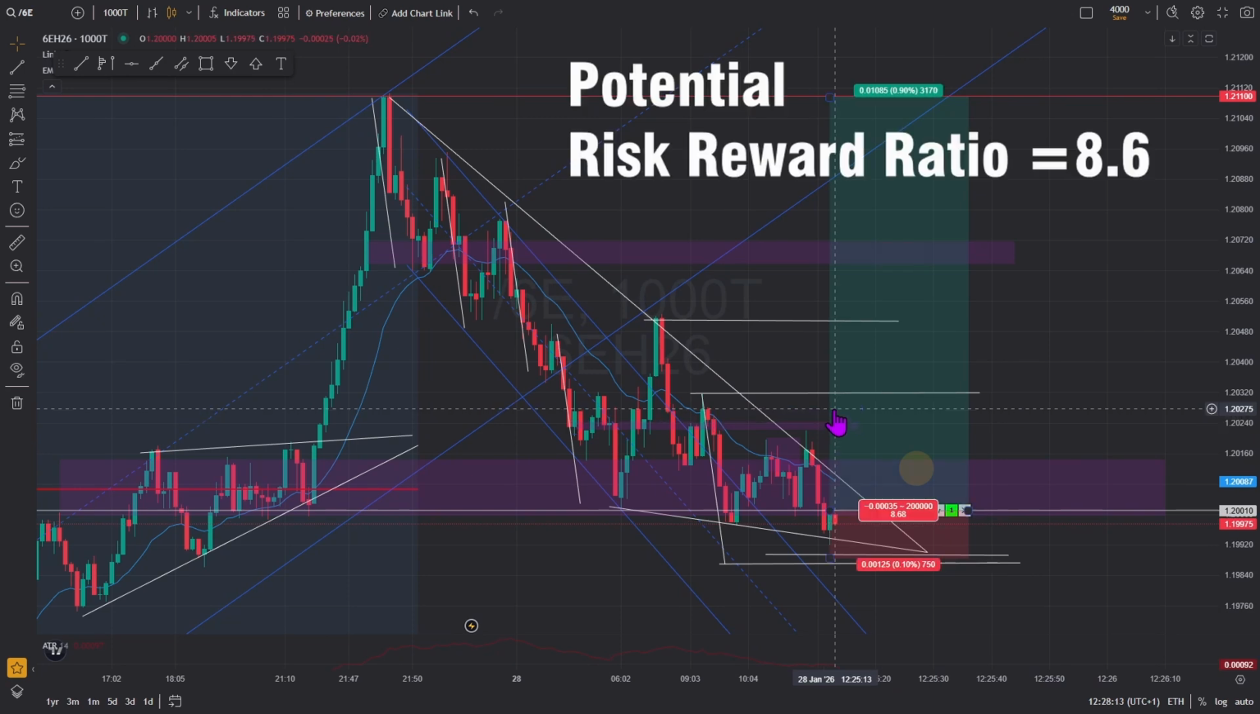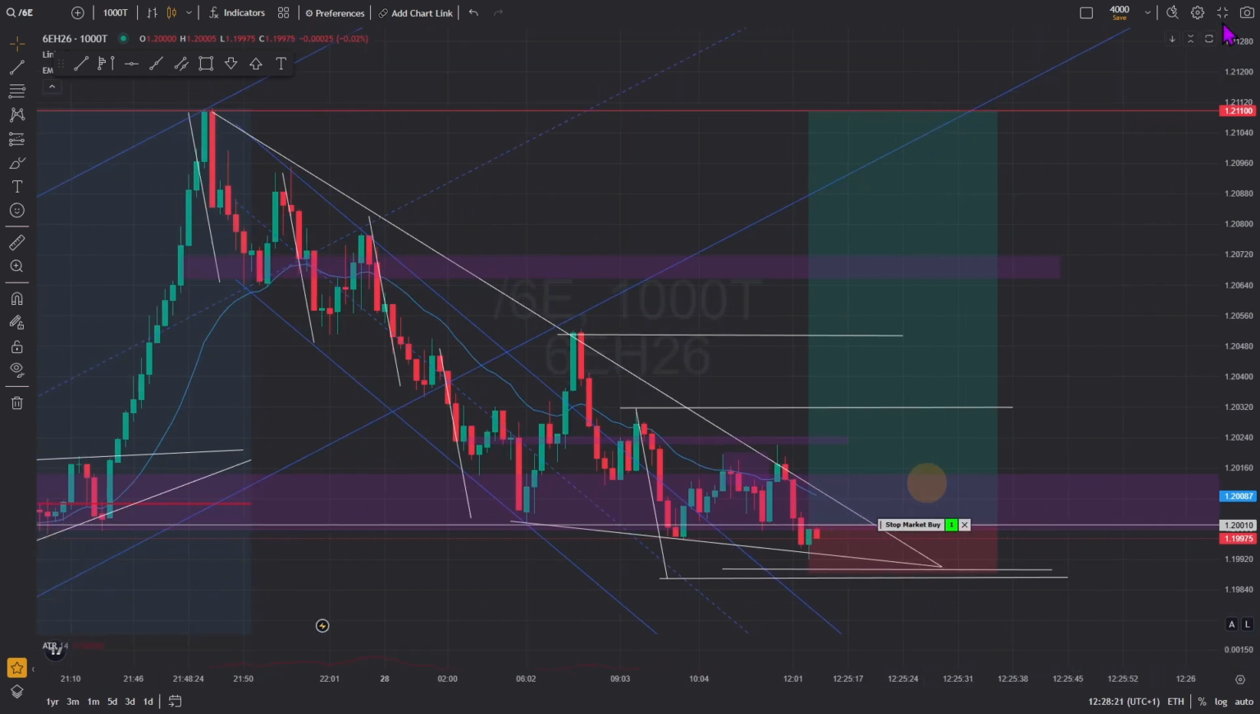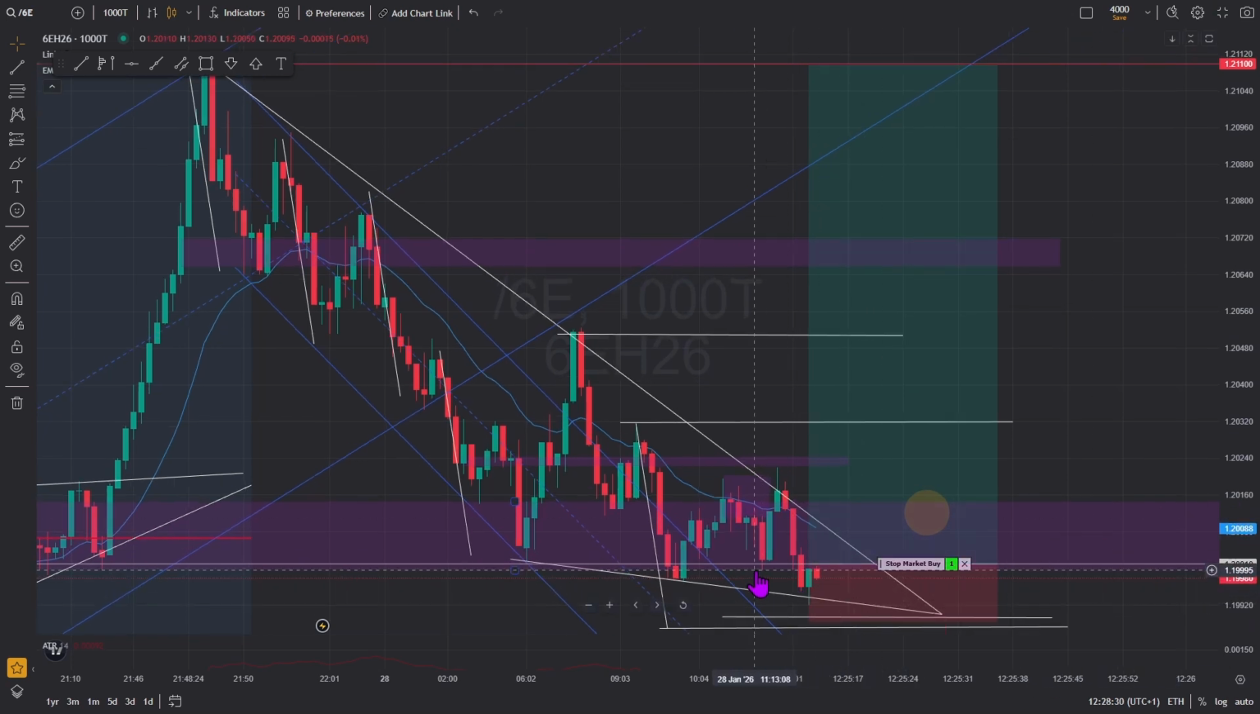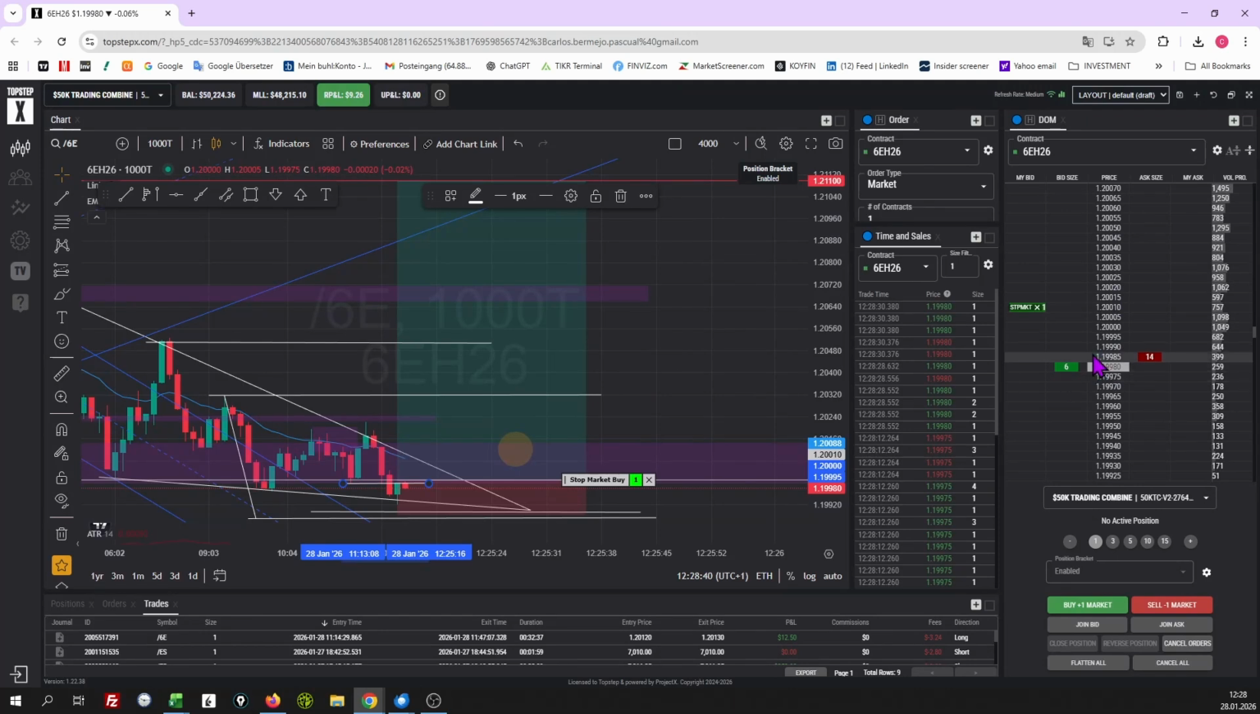It's 8.68, 8.6. So we will be making 8 times the risk. So I think many people are going to look at this trade. And it's also a kind of trap, not really a trap, because a trap should be crossing this one. That's the reason why I'm going to take a look at the order book in order to